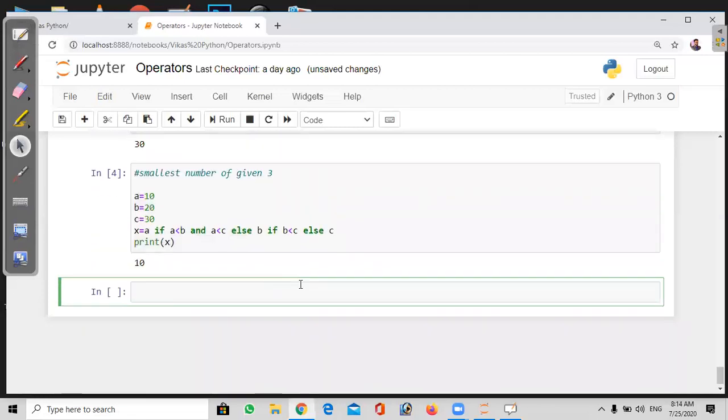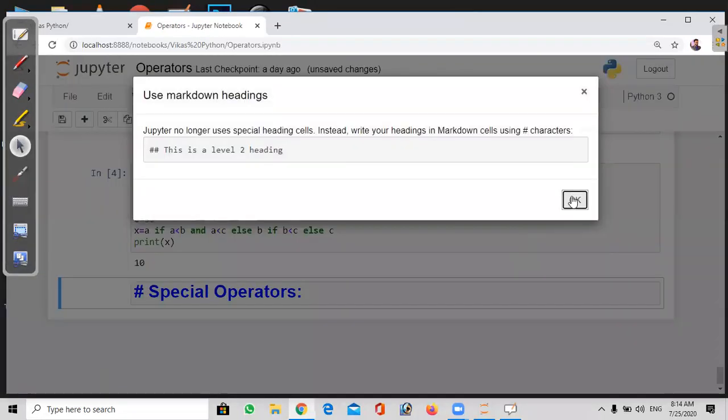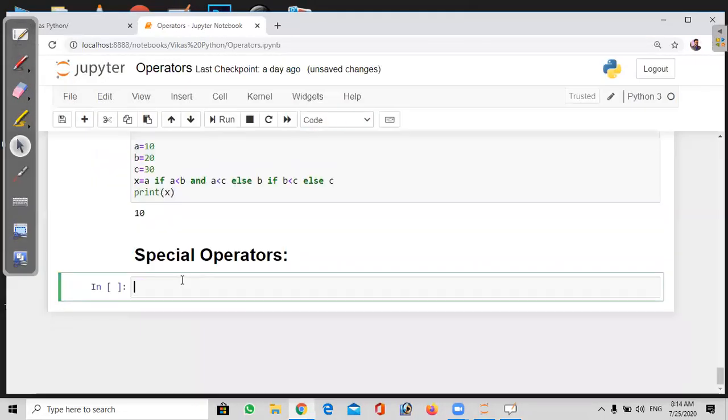Next operator, we have some special operators. As we said, these are important in the data science part. Special operators. Here in Python, we have two special operators.